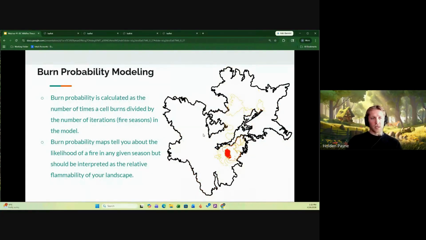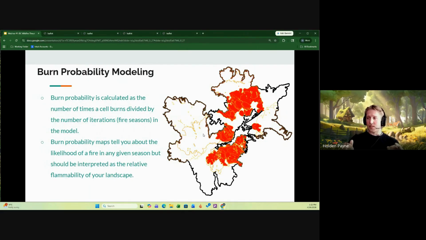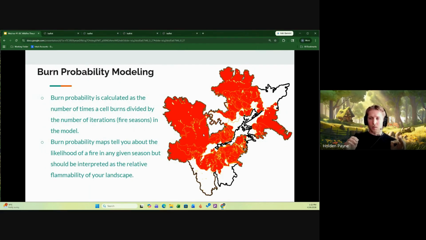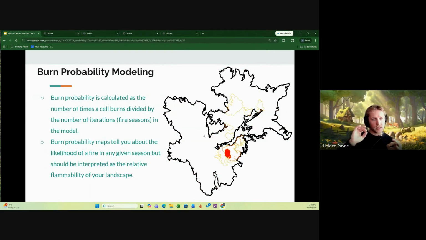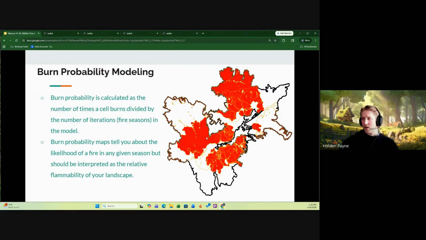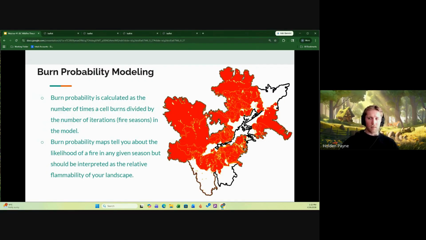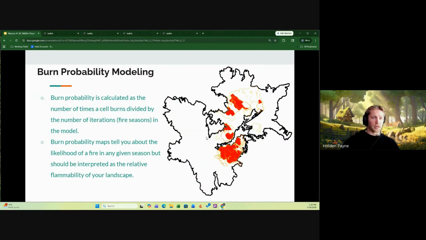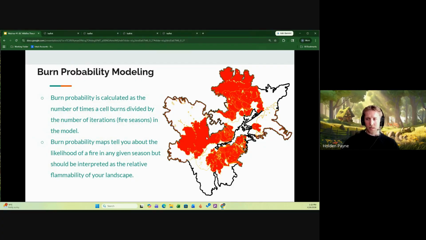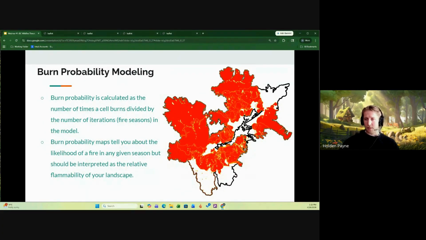You have to make sure you're thinking about it, depending on how big your landscape is, compared to other parts of your landscape. And I'll get into how we created a connection across parts of BC so that we made sure we could compare around the province, because that was a crucial part of this project: can we compare how likely fire is in the Northeast to how likely fire is in the Southeast interior, or the Southern interior, or the Cariboo or something.